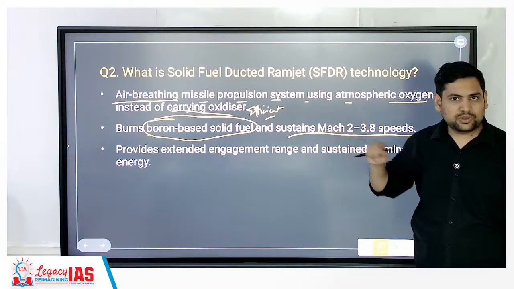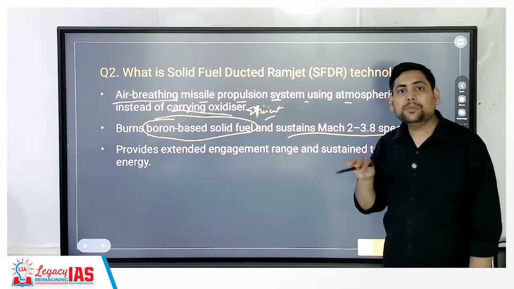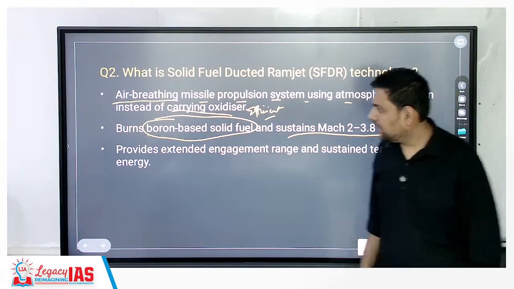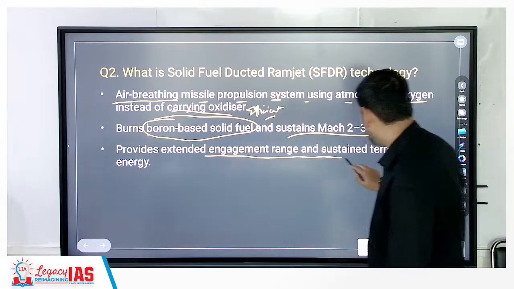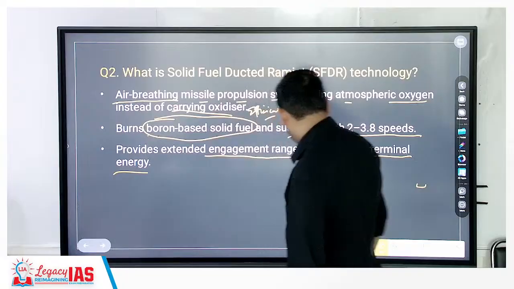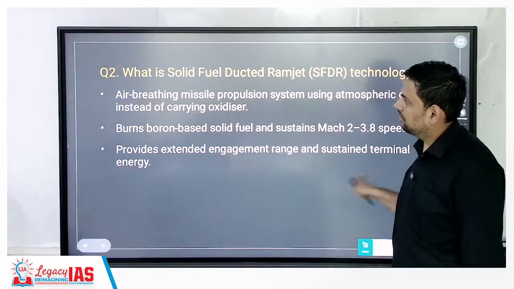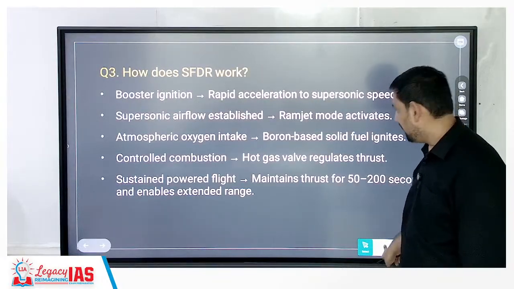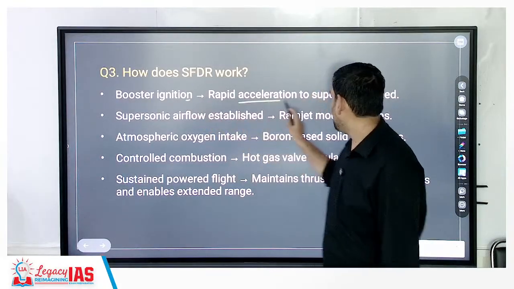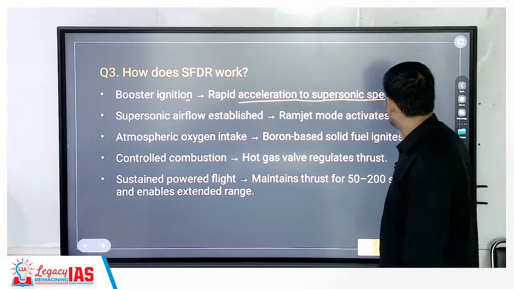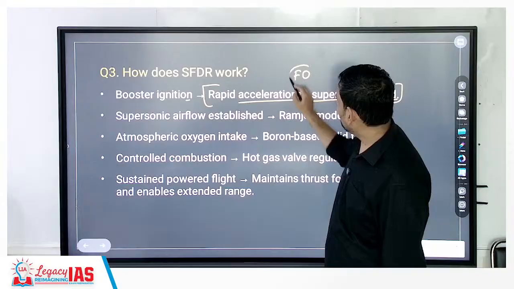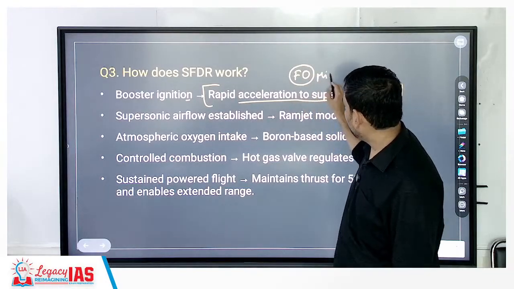So with solid fuel you get better stability. Correct? The more stable your missile would move. Then it provides extended engagement range and sustained terminal energy. Correct? Then next, how does SFDR work? So first is booster ignition. So rapid acceleration to supersonic speed. See, the initial part will be done by the fuel and oxidizer mix that it will be carrying,